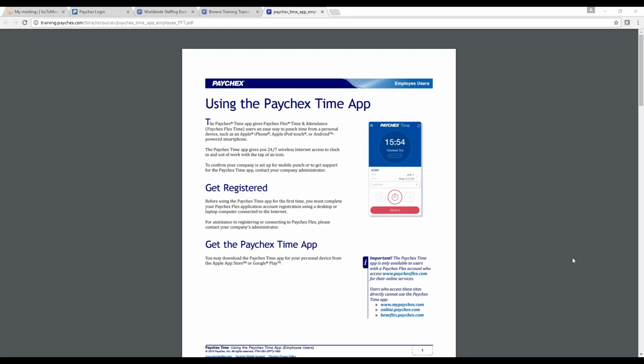The Paychex Time app gives the Paychex Flex Time and Attendance option for the employees to use to punch in and out from their personal devices such as their Apple iPhones or Android-powered smartphones. The Paychex Time app gives you 24 hours a day, 7 days a week wireless internet access to clock in and out of work with a tap